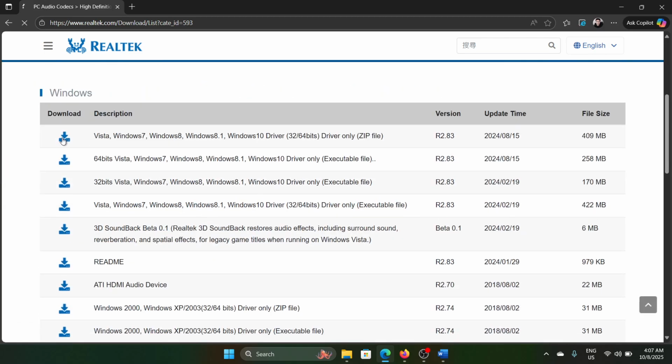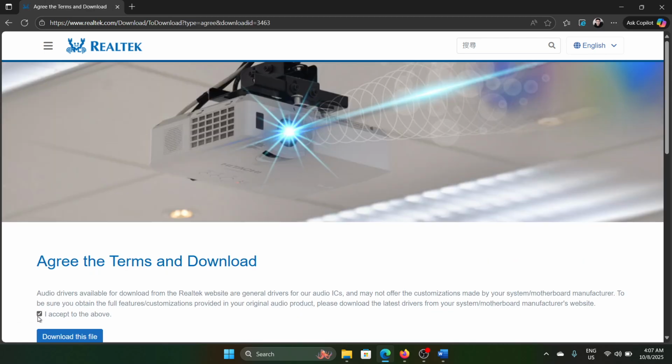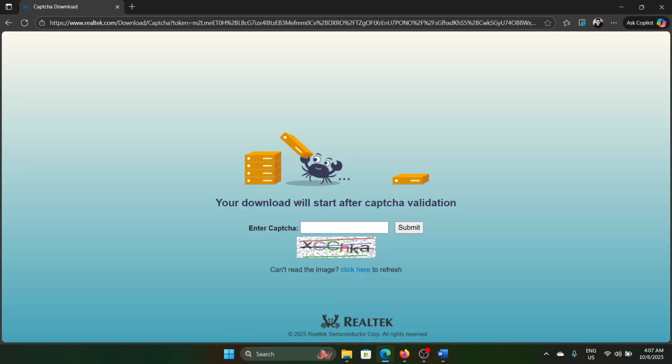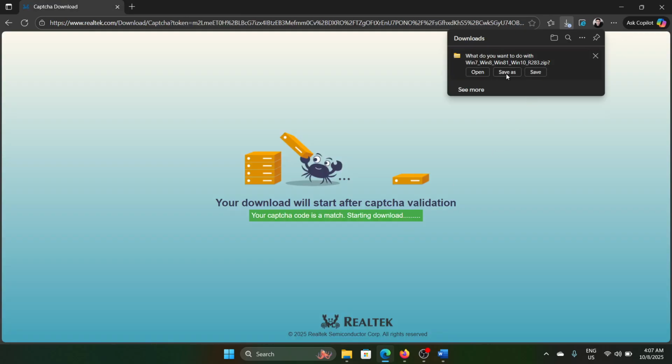Scroll down and download the first option. Select I accept the above, download this file. Okay. I will try to submit the captcha and then I will be able to download this file and install